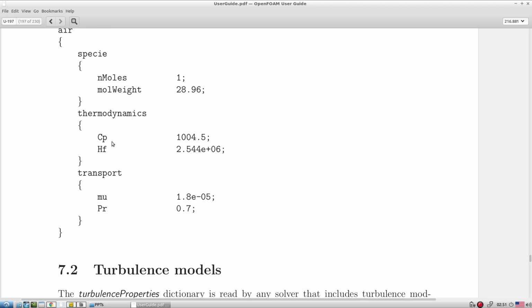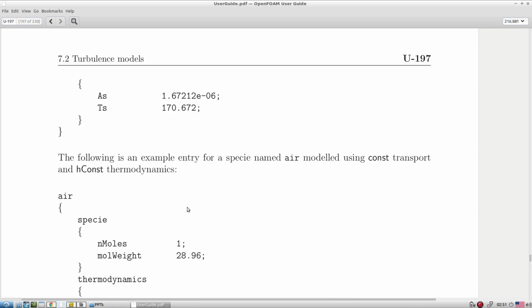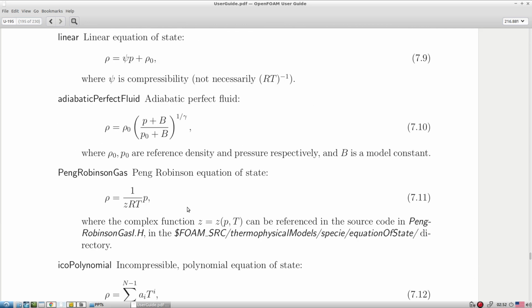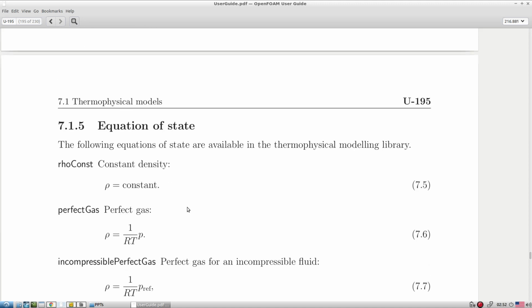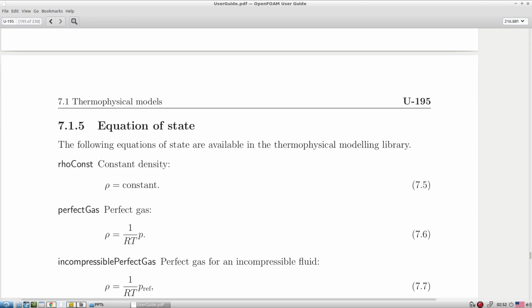So this is how we have to set this thermophysical property, and that thermophysical property is supposed to go inside the constant folder. Based on our material property, the requirement, or the dependency of the equation of state or any of these things, we have to tune these parameters. When we misspell an entry, we will come to know the different options. So when we start the calculation, we do that and try to explore certain things from that. So that is about that part.